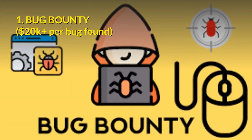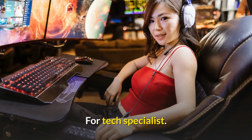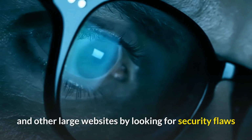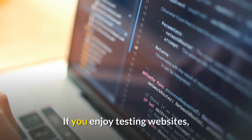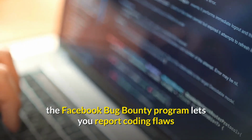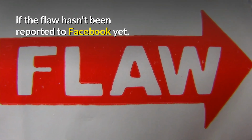1. Bug Bounty, $20,000 plus per bug found. For tech specialists. You can earn on Facebook and other large websites by looking for security flaws that can let a hacker hack into the website. If you enjoy testing websites, the Facebook Bug Bounty program lets you report coding flaws that need to be patched. You can get paid for your diligence if the flaw hasn't been reported to Facebook yet,